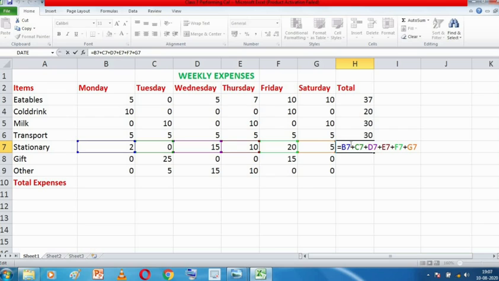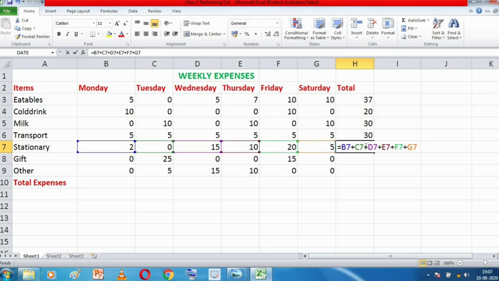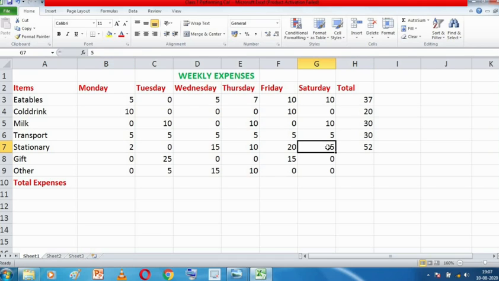Even though we copied this formula, over here Excel automatically changed the cell addresses. Now this is called relative referencing in Excel. That means it is changing the addresses according to our requirement. So this automatic feature is called relative referencing.